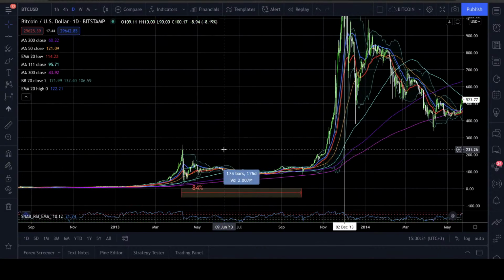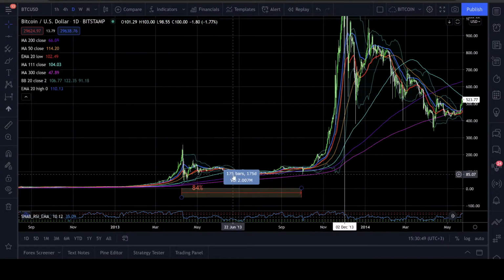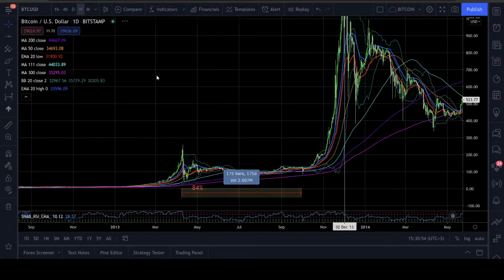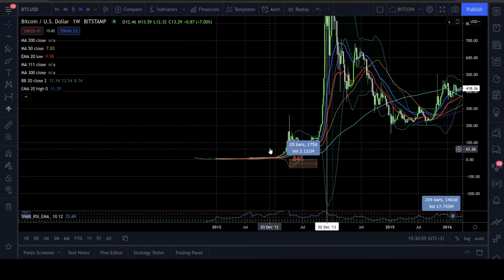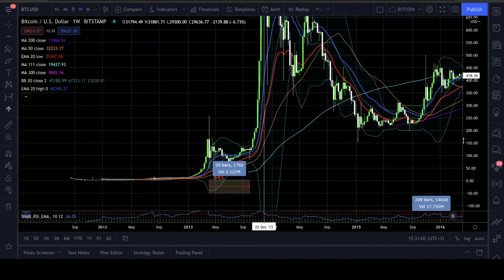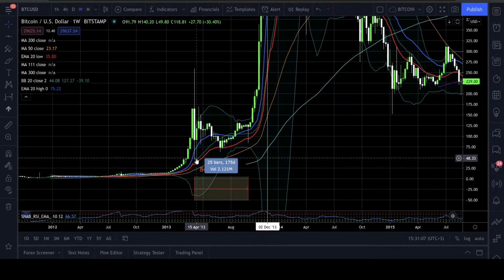If Bitcoin this month or the next few months crashes 84%, sure, it can rally after that. And this is not a short period. This is not nine months, this is 6 months, something like that. Let me see. How many weeks? 25 weeks, which is roughly half a year. So yeah, if Bitcoin crashes 84%